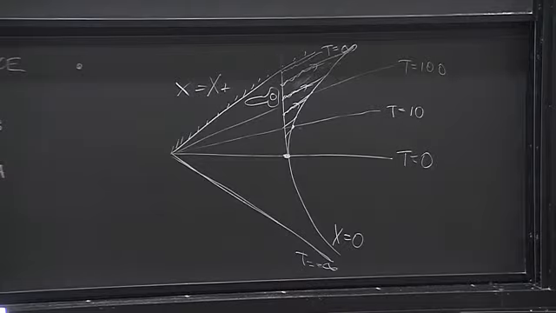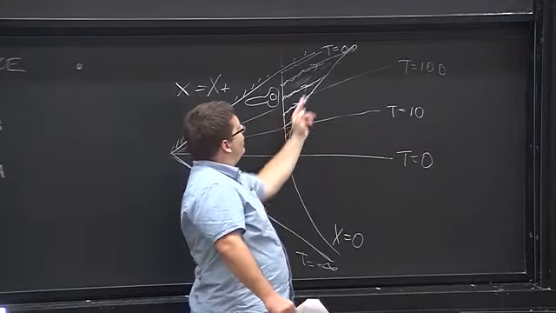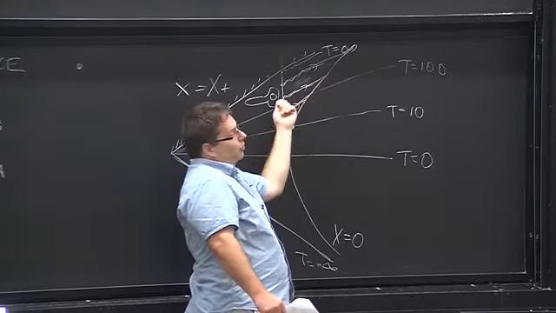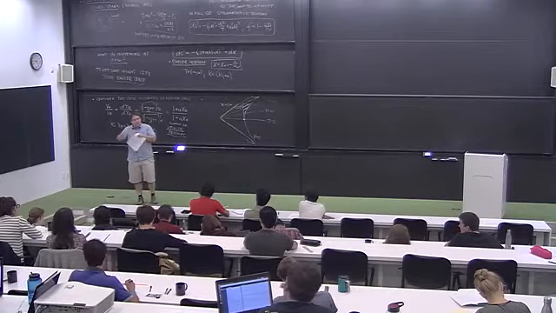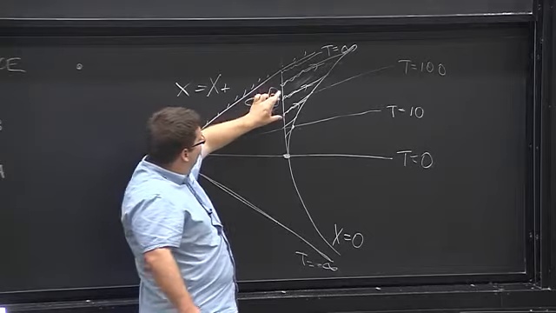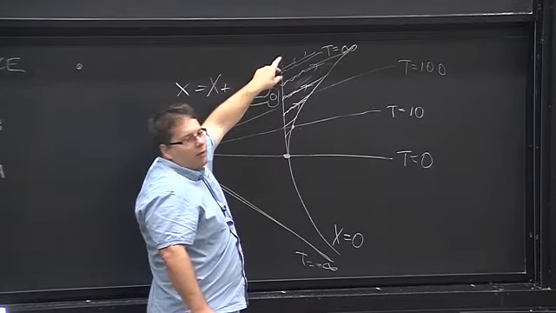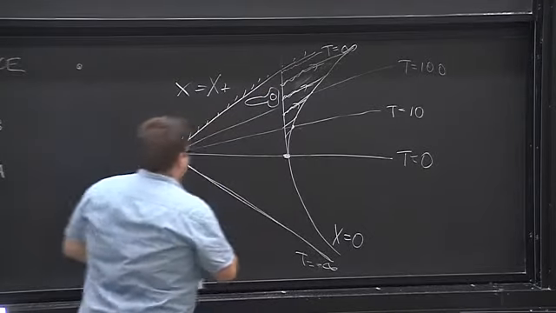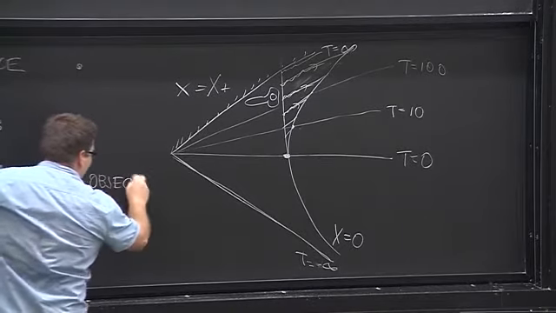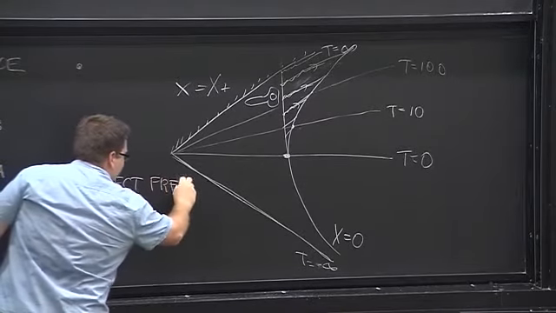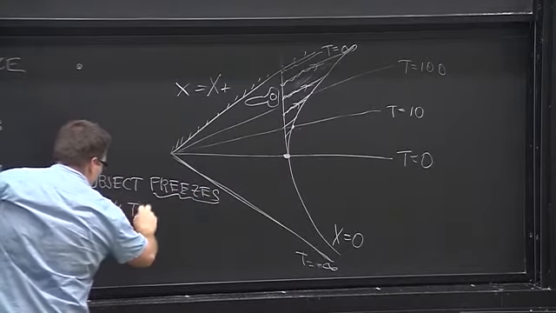Okay? So what it actually means is that if I'm looking at how this object is falling towards the horizon, what I see is that the object is slowing down its motion, because more and more time elapses between this signal and that signal and that one. And actually infinite time elapses if I want to go all the way across the horizon. So you can see from this picture that the object freezes on the horizon.